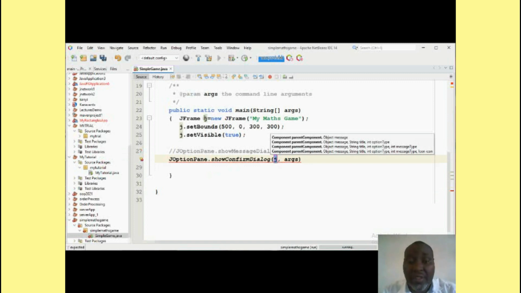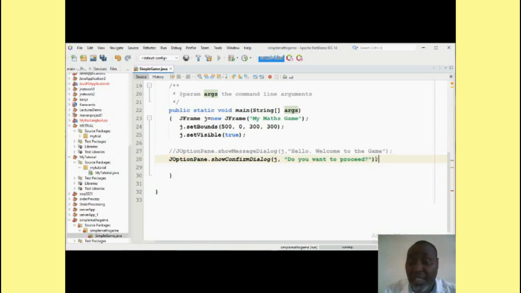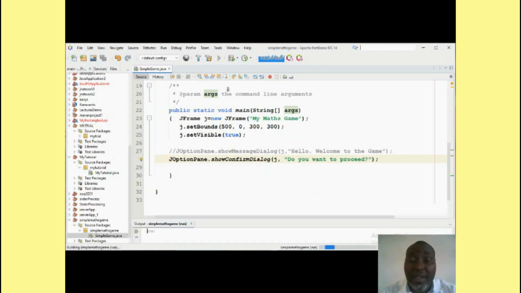So we'll use the JFrame we have created here, and then we can put the message you want to show. So we can say, do you want to proceed? So let's say, for instance, you wanted to do something on your application, and then it asks you whether you want to proceed. Okay. So let's run this and we see what it will give us. So if I click run,